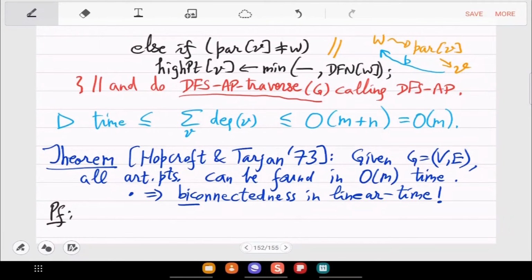Okay, the proof of correctness for this is whatever we have done in the previous 2 hours. All that is the proof. So you just have to join all these subplots to make the big story.